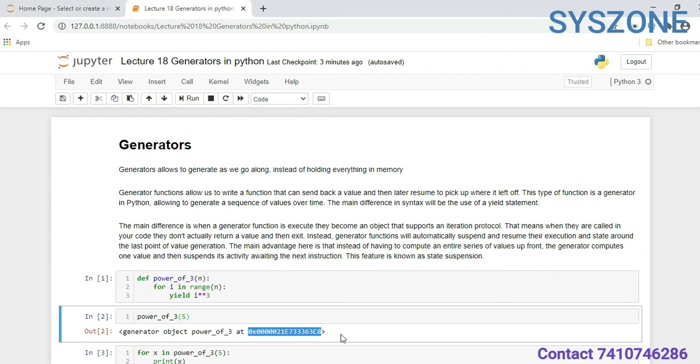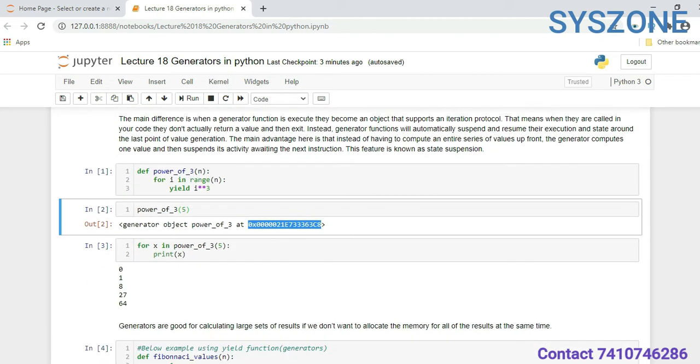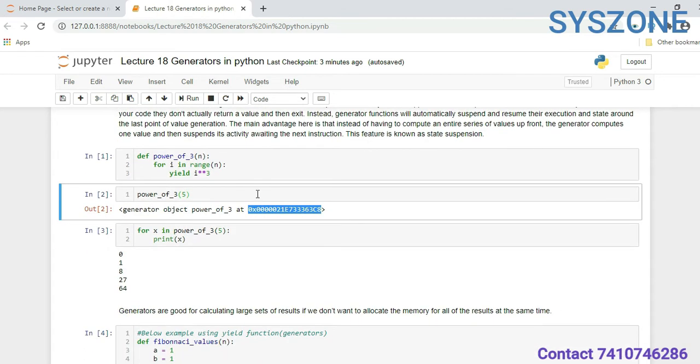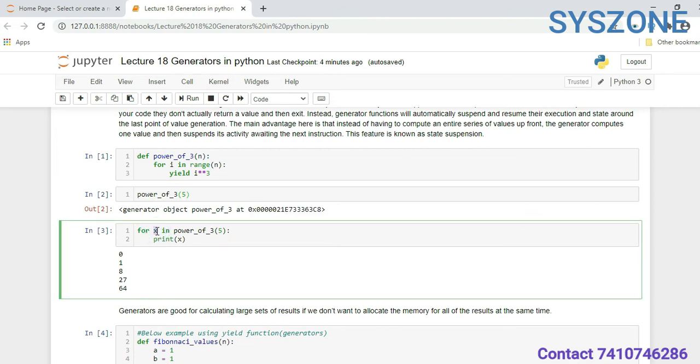Now if you want to get the values, you have to iterate through a for loop, or the next function, or the iterate function. So here again I am using a for loop, for x in power_of_3, passing the value 5. We are calling it and printing it.